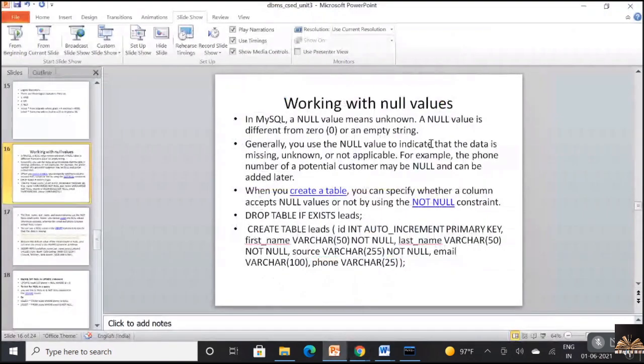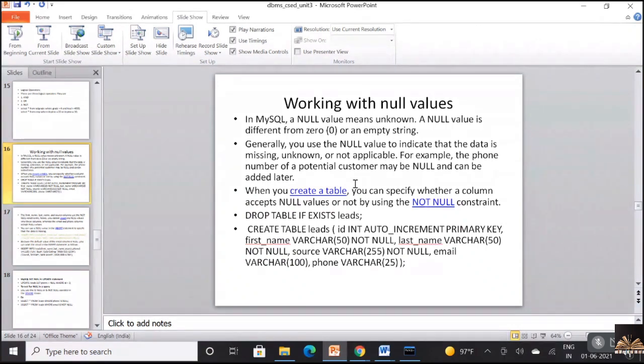Okay. Generally, you use the null value to indicate that the data is missing, unknown, or not applicable. So whenever these three kinds of things arise while you're trying to fill up a value, then you say that particular field value would be null. For example, the phone number of a potential customer may be null and can be added later.